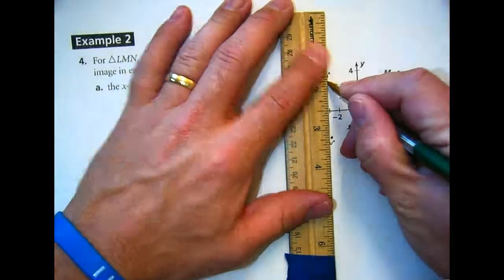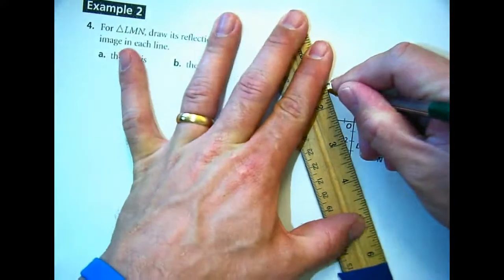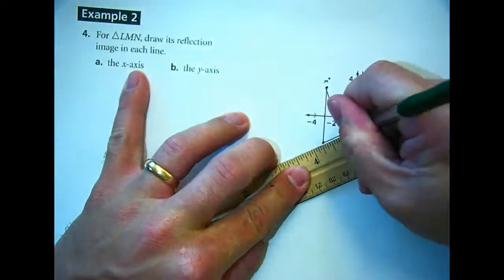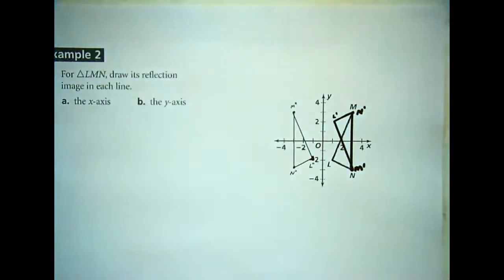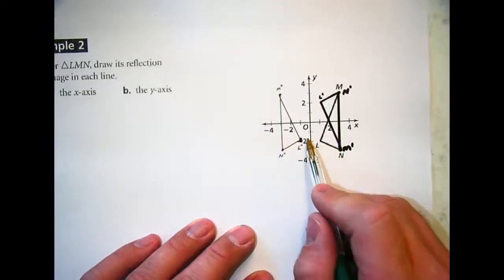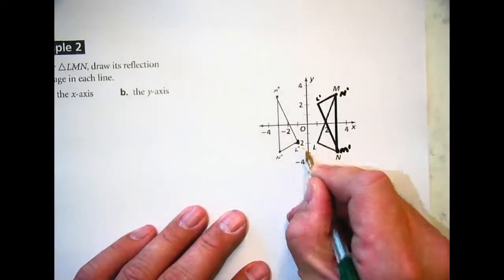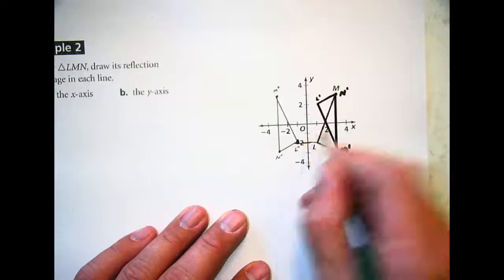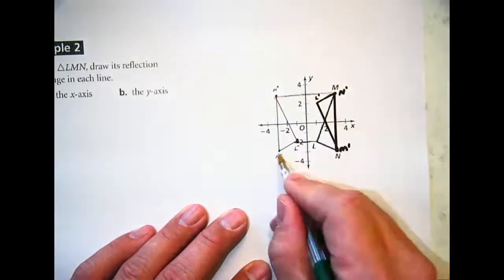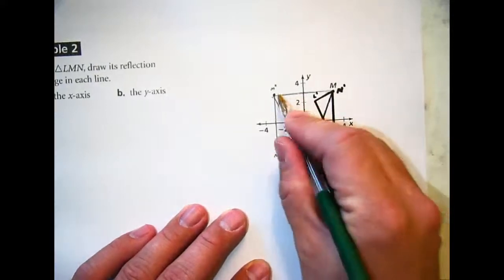Okay. We draw it in. There we've got it. I'm going to focus heavily on these two figures right here, on the reflection over the y-axis. I want you guys to note that if I were to connect L prime prime to L, and M prime prime to M, and N prime prime to N, notice they cross the line of reflection at,